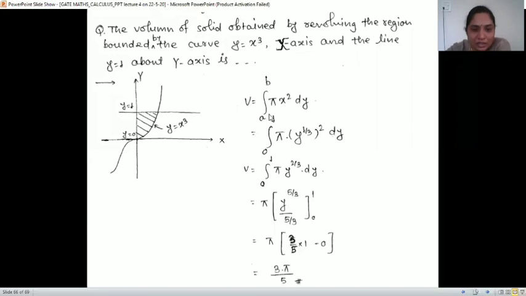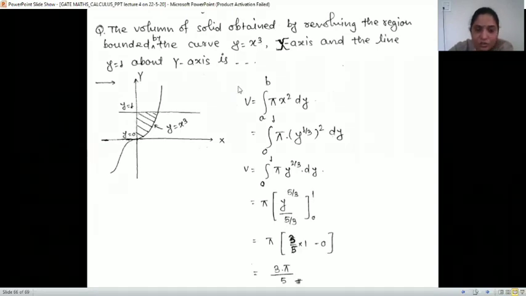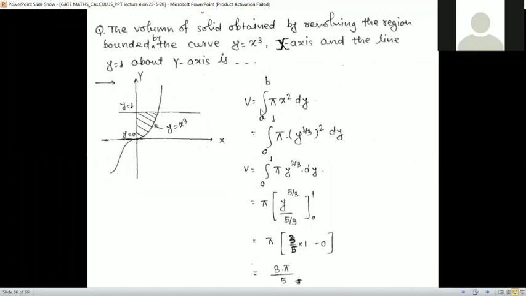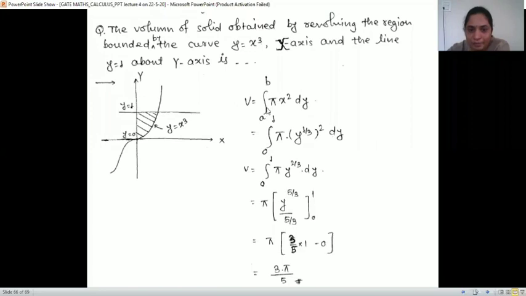As we are getting limits of y here, we can easily get y from 0 to 1, right? So we are taking limits of y, that is 0 to 1, with respect to y. And if we are taking it with respect to y, there is the term pi x square, so pi x square dy from a to b. As we are easily getting y's limits, we are converting it to y, right?